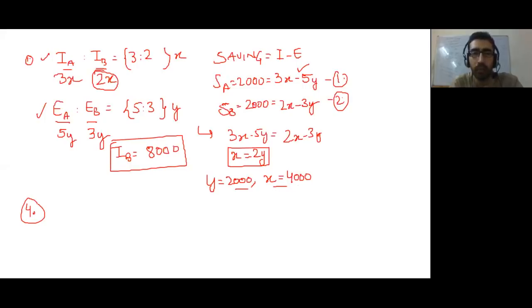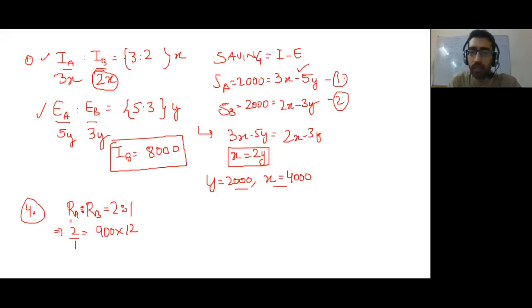Question 4. A began a business in January with rupees 900 and was joined by B with rupees 600. If the final profit at the end of December was in the ratio 2:1, when did B join? What is implicit in this question is that B did not join in January. B joined after January. And since the ratio of profit enjoyed by A and B is 2:1, this ratio must be equal to the investment of A, 900, into the time for which it was invested, which happens to be 12 months.